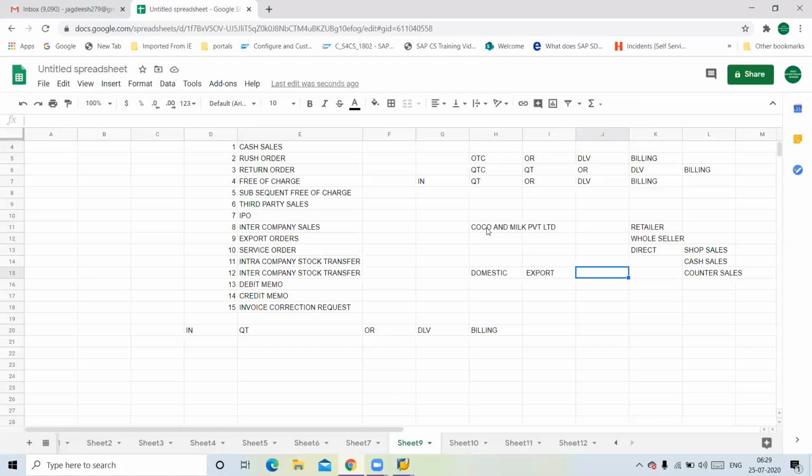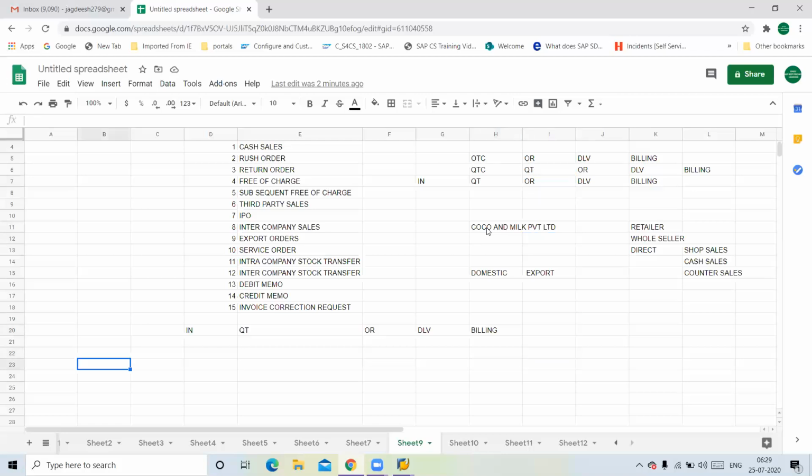Whereas if you go for other registered outlets with Apple, like retailers and wholesalers, also on credit basis they can pick. It depends on the company policy. Most of the time, for direct walk-in, the delivery will be created immediately. So here, the delivery will be created in this process, in OTC process or QTC process, when the stock is available. Only in such a case will your delivery be created.